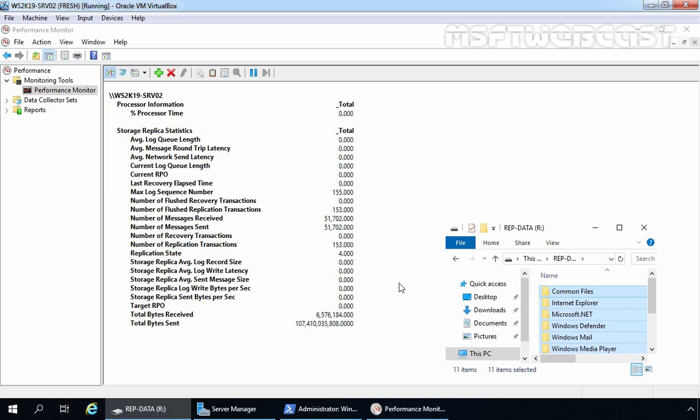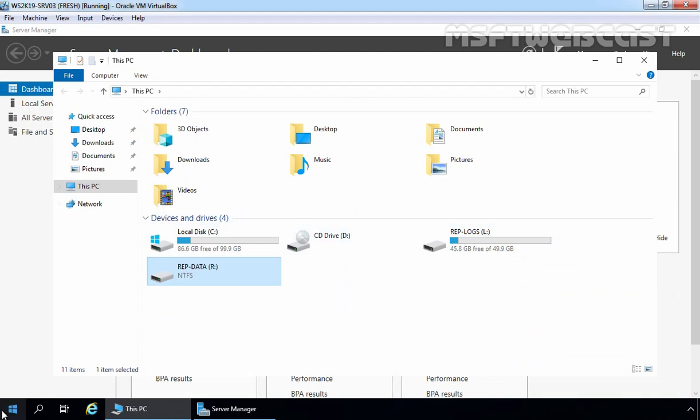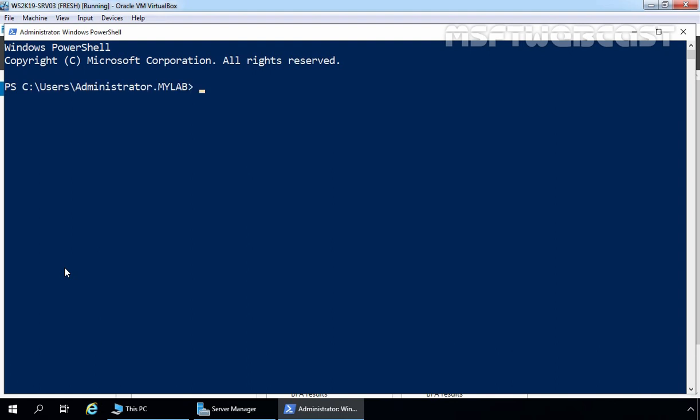In future, if you would like to change the replication partnership so that your destination server becomes a source server, in that case, you can use Set-SRPartnership on our SRv03. For example, from now onwards, we want to use SRv03 server as a primary server for this storage replica partnership. So for that, we need to perform those commands on our SRv03. So let's go to SRv03 member server. Let's right click on start button as we need to open Windows PowerShell admin. At PowerShell, I'm going to run command cd /.